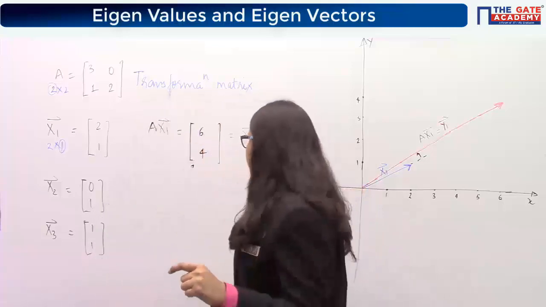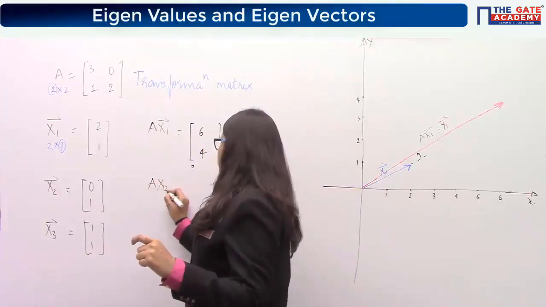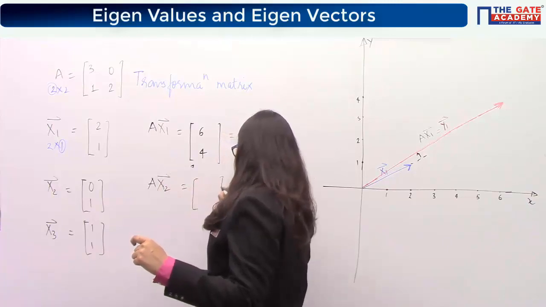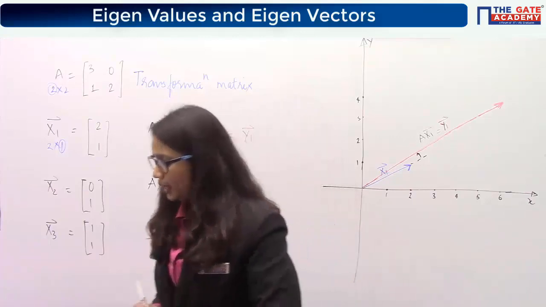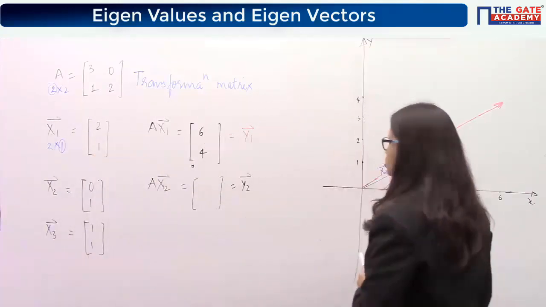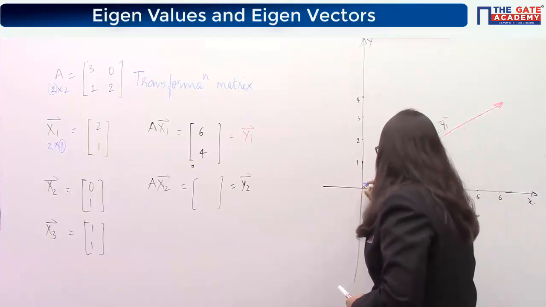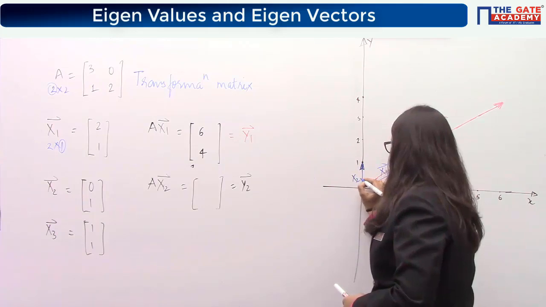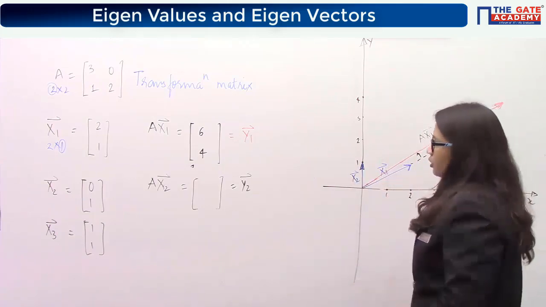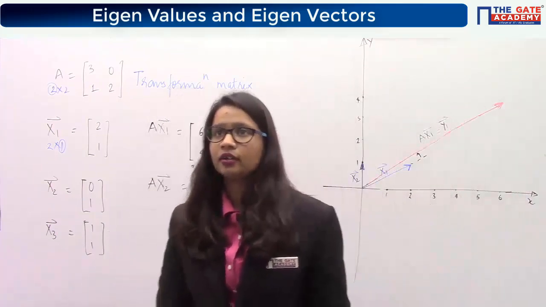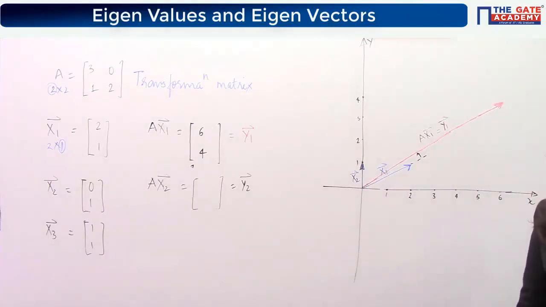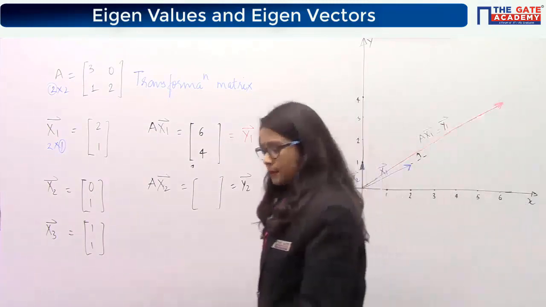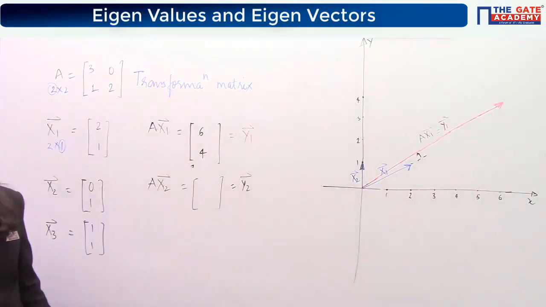Okay. Now let's say if you multiply the same matrix with the vector x2, can you find out what you are getting? Let's say this is y2. Multiply A with x2 and tell me what you are getting. So x2 is 0, 1. I'm drawing here. Ax2, what are you getting? 1, 2. 1, 2 you must not be getting. Check again. Yes, 0, 2 is the right answer.